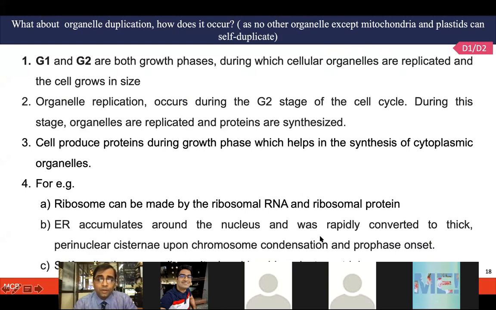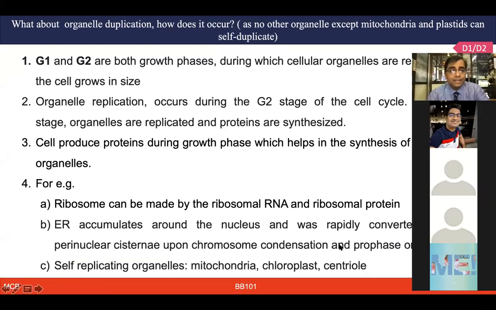For the endoplasmic reticulum, there is different membranous involvement, and then cisternae are formed, which get condensed in the prophase and follow the interphase cycle. Then, of course, you have these self-replicating organelles like mitochondria, chloroplast, and centriole. So yes, organelle replication is also going to occur during the stages of the cell cycle, and proteins are synthesized for these different organelles. And finally, they're going to put together this machinery and make different organelles in daughter cells.